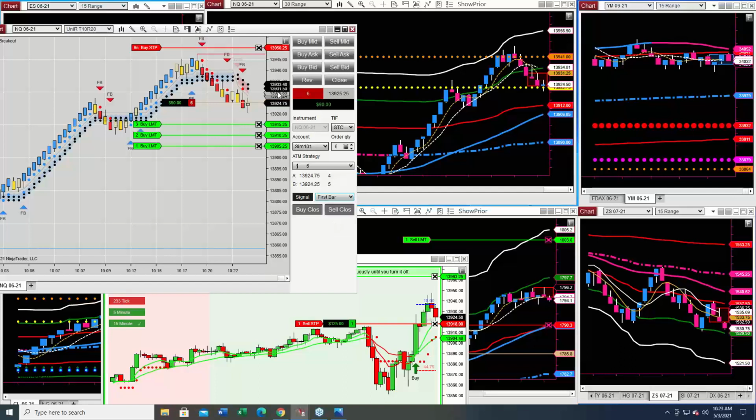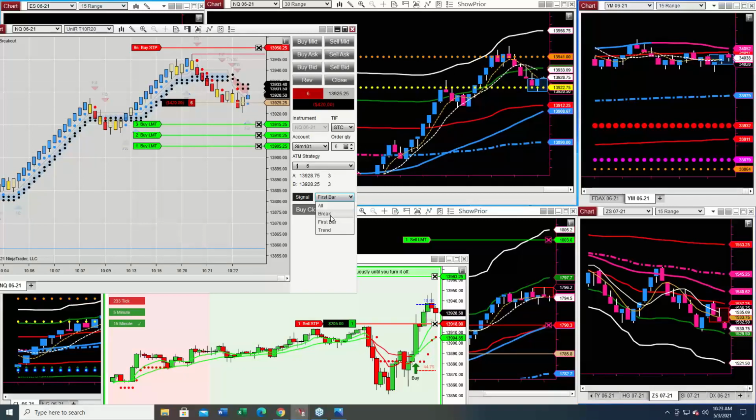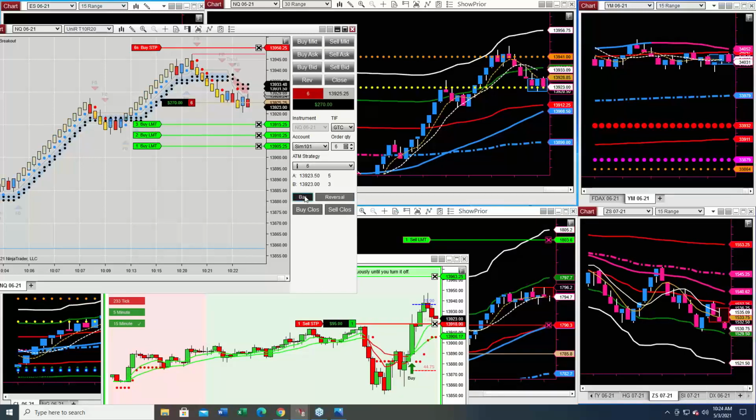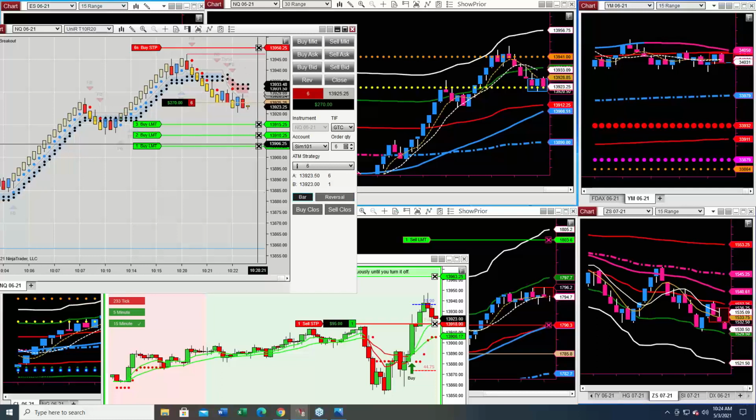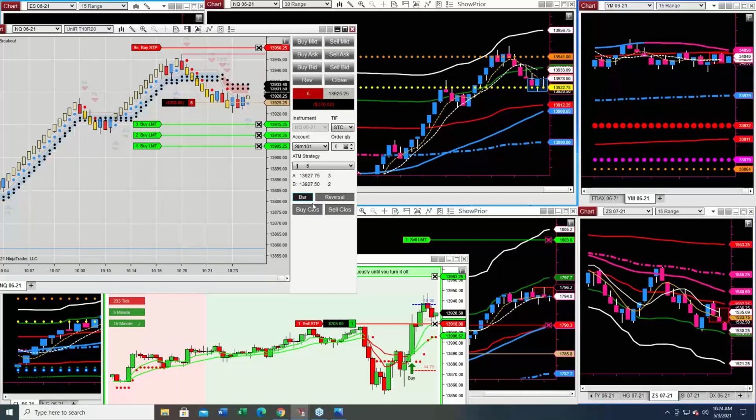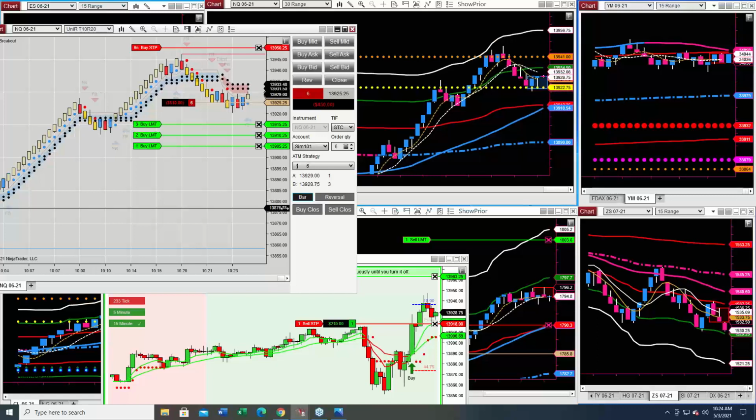First bar, so it would have fired here on the first bar break. Same spot. And then on Unirenko, as I said earlier, a lot of guys like to trade the reversal. So I can go to reversal, and now on the first blue bar, it'll reverse the close. Maybe not if it's already in a trade, but